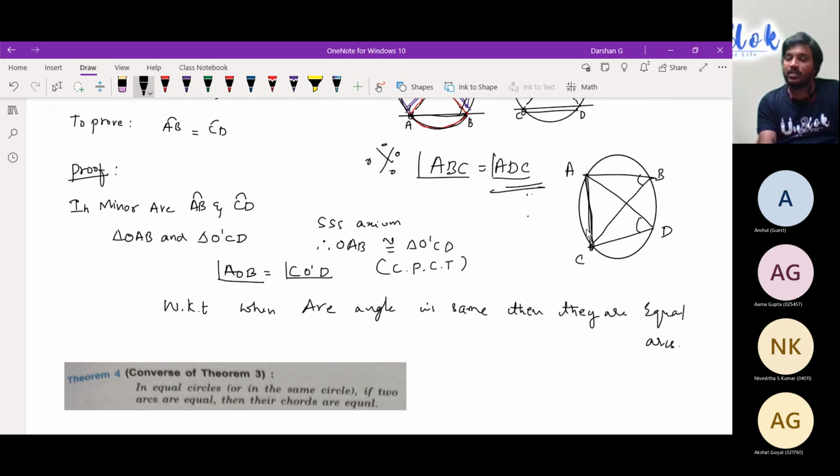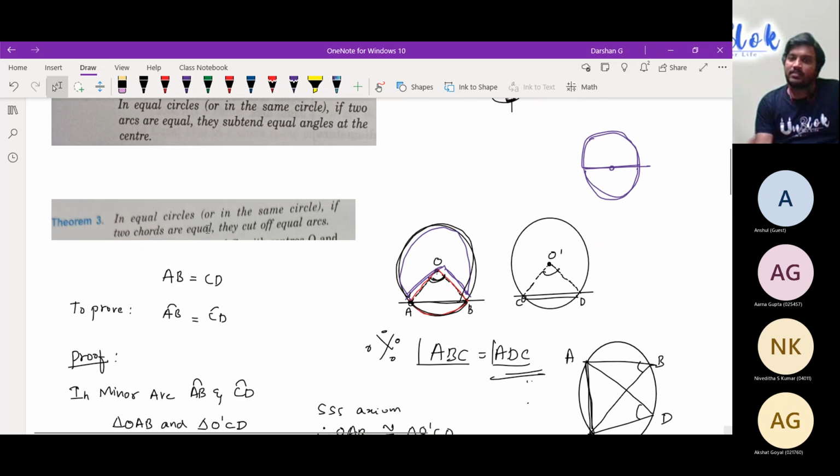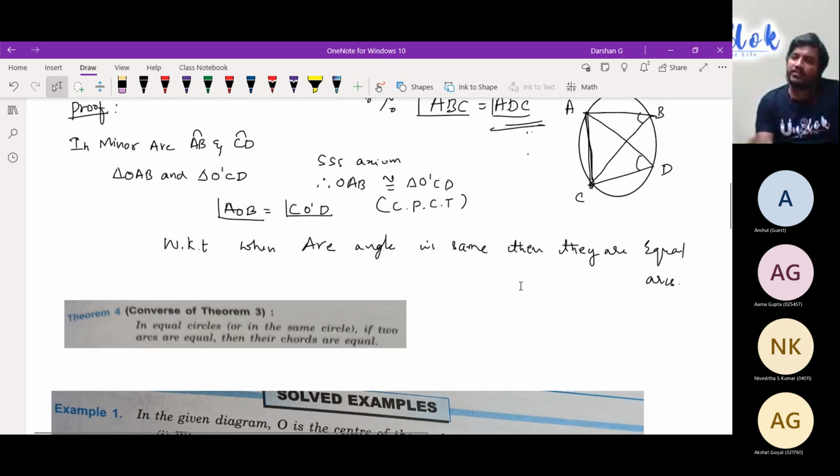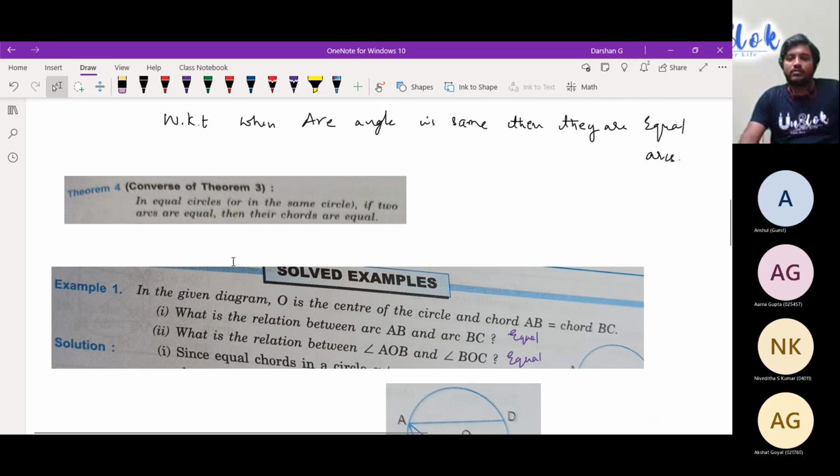So it's equal chords. Equal chords can be from different circles or from the same circle as well. Here we are taking the same circle. So if the angle is suspended from the same chord or an equal chord, then this angle is the same. That is what we have studied. And if it is getting suspended from the same chord, then the chord is the same and equal for the other one as well, right? So by this, we will move on with the first problem.